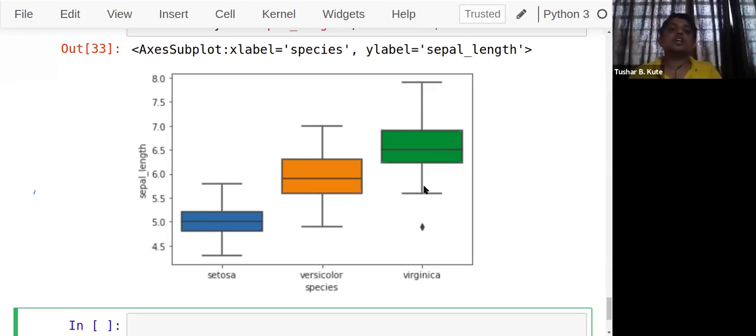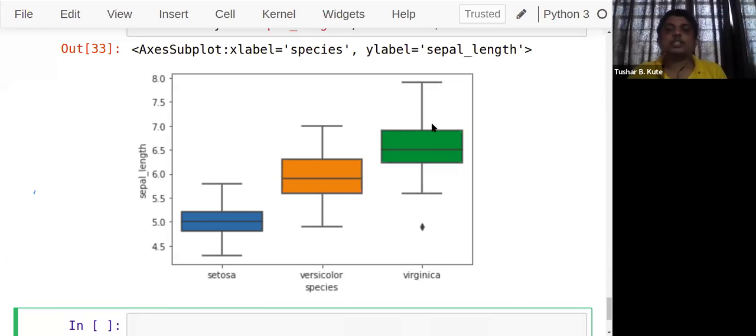Now, as you change the sepal length, the categories are changing. For Setosa a different range, for Versicolor a different range, for Virginica too. If their lengths were overlapping completely, then classification would not be possible. This is the ideal kind of data set for classification. There are some deviations and differences present, that we can find.